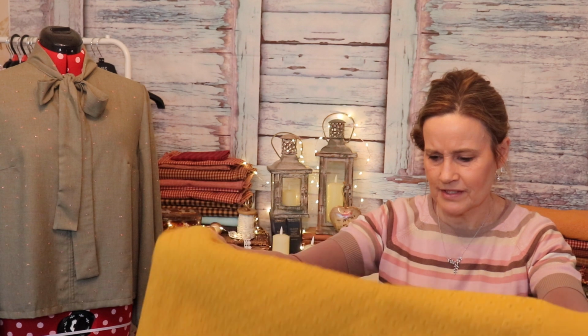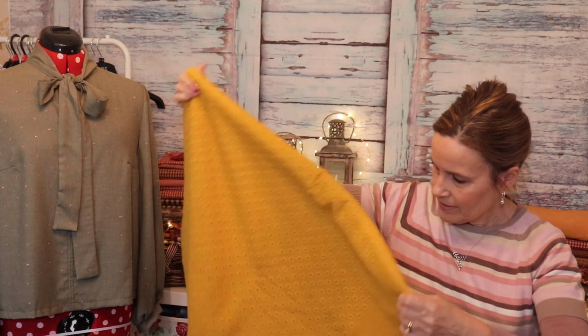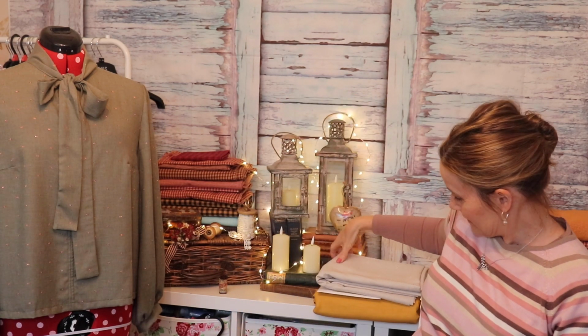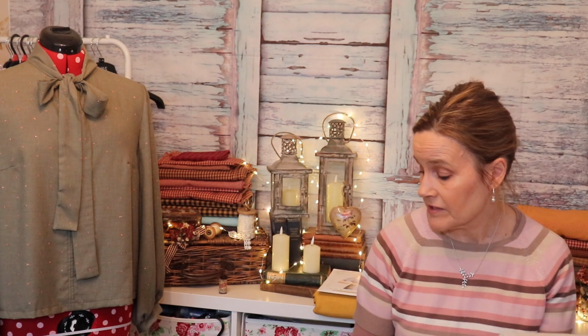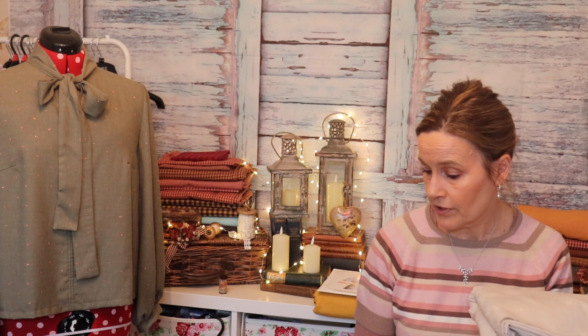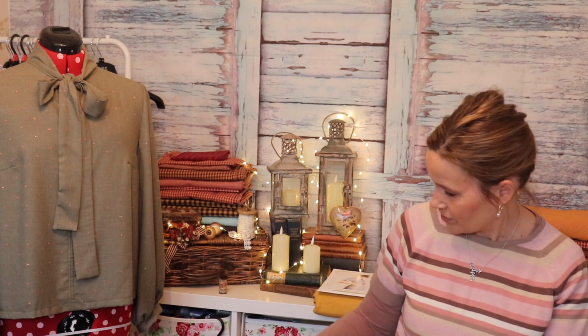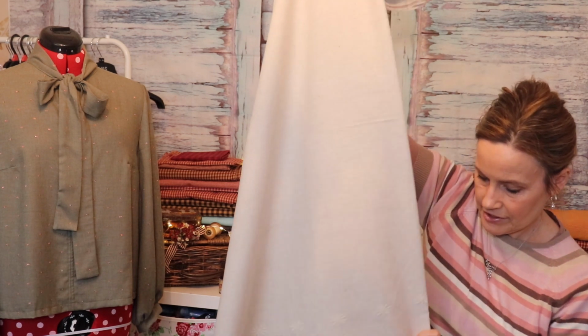I just thought it was unusual to be an embroidered double gauze, so that caught my eye straight away. So that is that one. This one, I struggled again deciding what to do with, because it's 70% viscose and 30% linen blend, 135 centimetres wide, and I'll have to show you this because it's just so gorgeous. You can definitely feel the linen in it. It's got this delicious